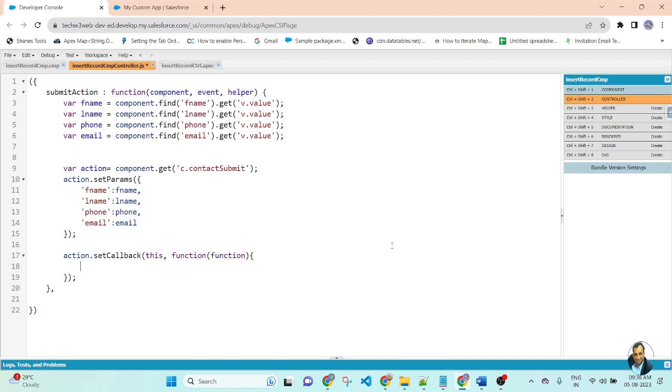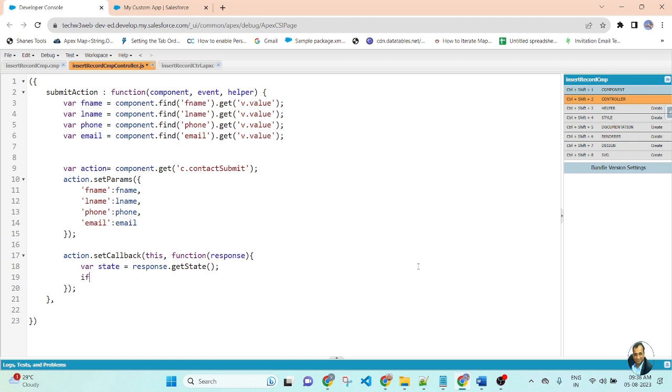Function, and here I will create a variable state. Then we will pass a response, not a function. State equals response dot getState.